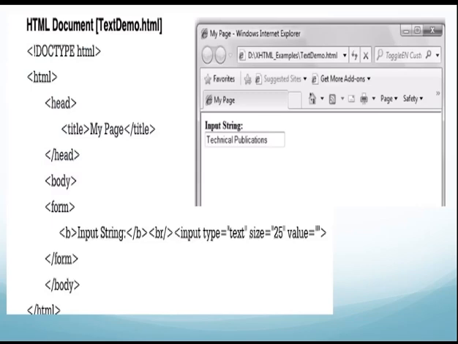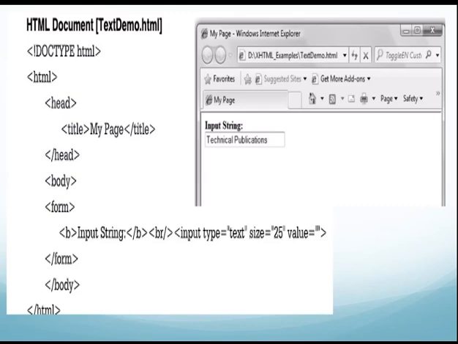Then I have given the size of the text as 25, and value I have kept as null, that is blank, that is 2 double quotes, so that I can type the value at runtime. Then close your form tag and close your body tag, and close the HTML tag.